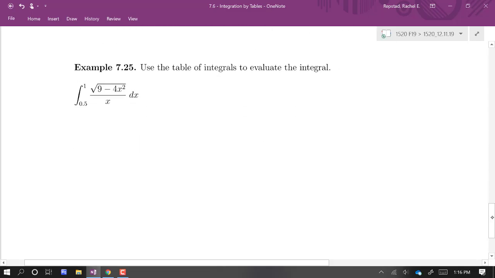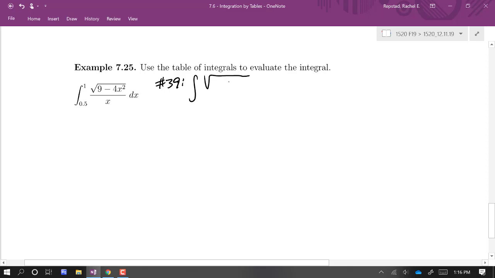Okay, this one's a definite integral, so we'll use the table to find a formula that allows us to find the indefinite integral, and then we'll still have to plug in those limits. So we have a square root, we have a constant minus a function, or maybe a constant minus a function squared, something like that inside a radical up top. What do we think? 39. Yeah. Look, wow, that was fast. Hold on. Number 39